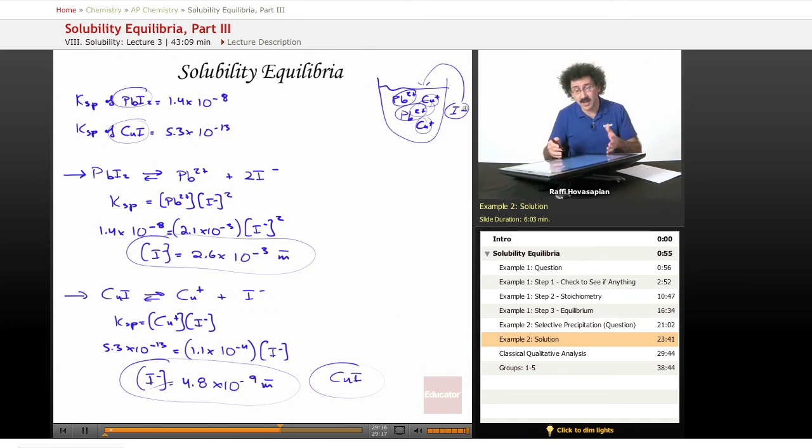So there you go. If there's a solution that's a mixture of lead and copper, iodide is a fantastic reagent, in the form of sodium iodide, potassium iodide, any iodide source will do, for separating out these two ions if I happen to want to separate them. This is what we mean by selective precipitation. I'm going to precipitate this before I precipitate that. That's the idea. Okay,